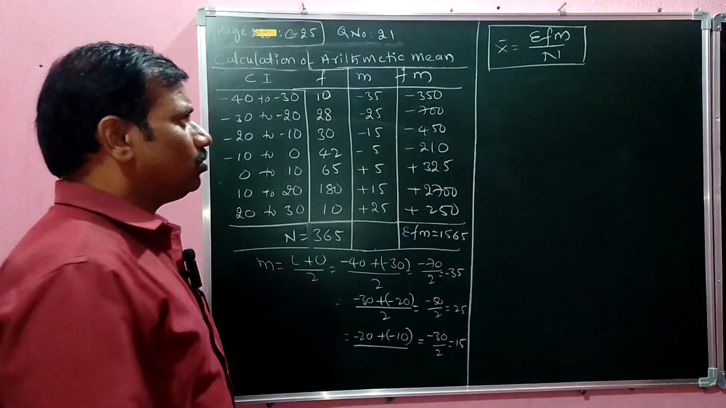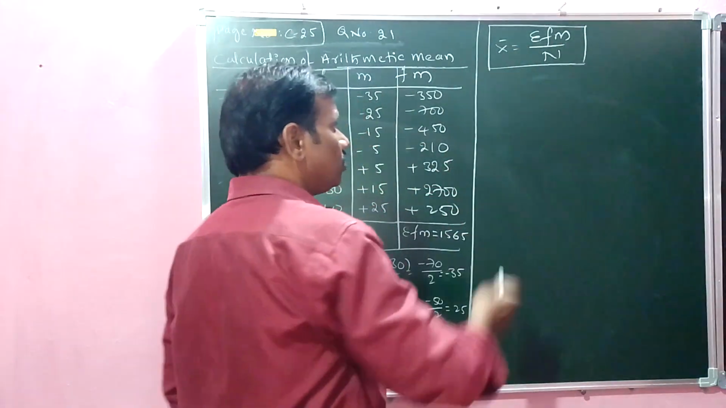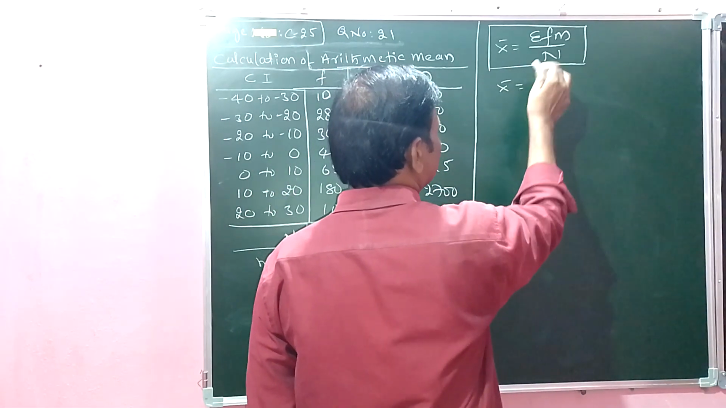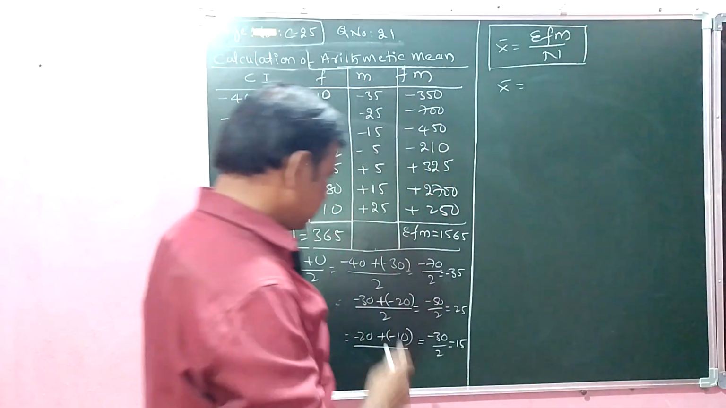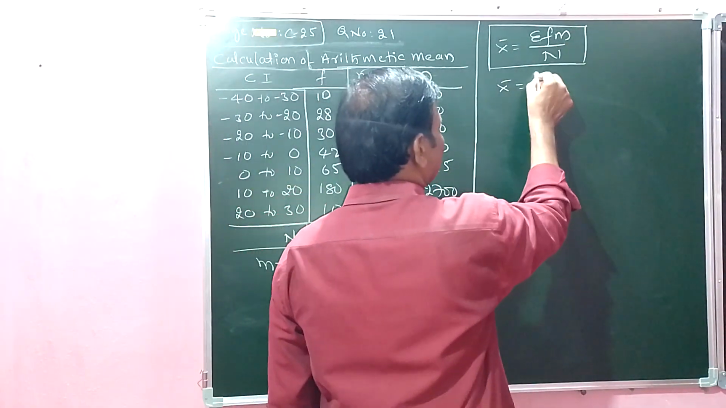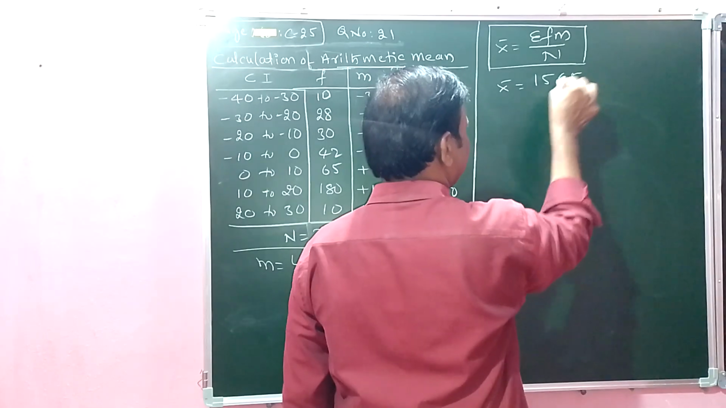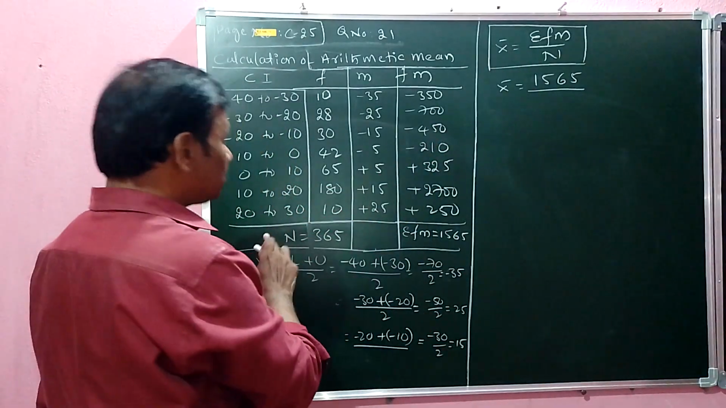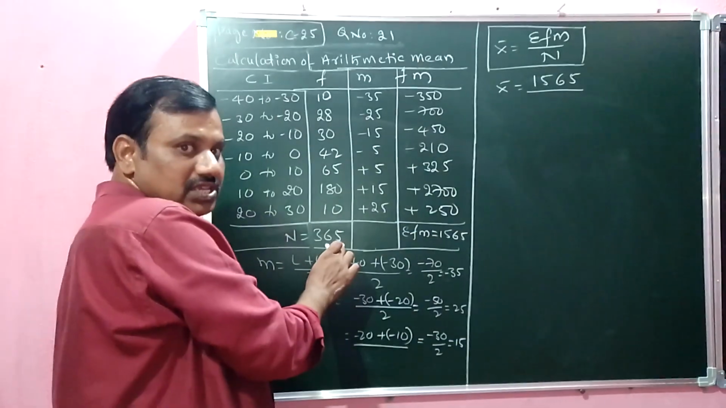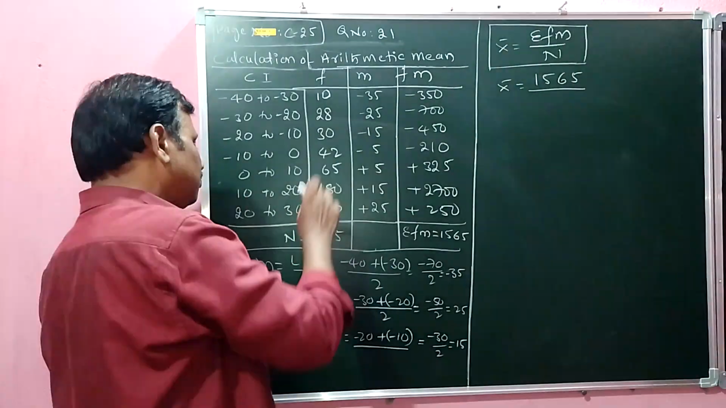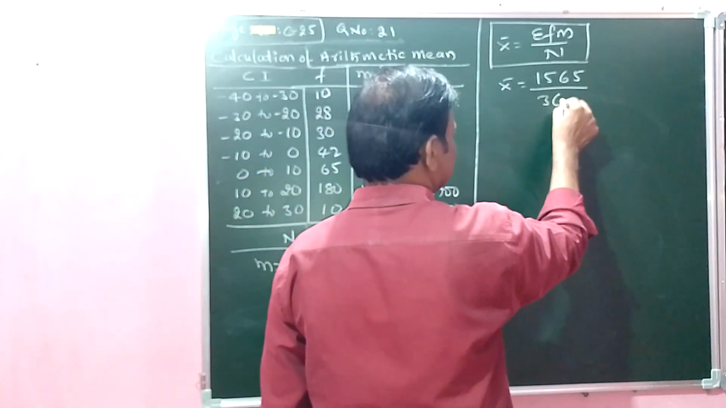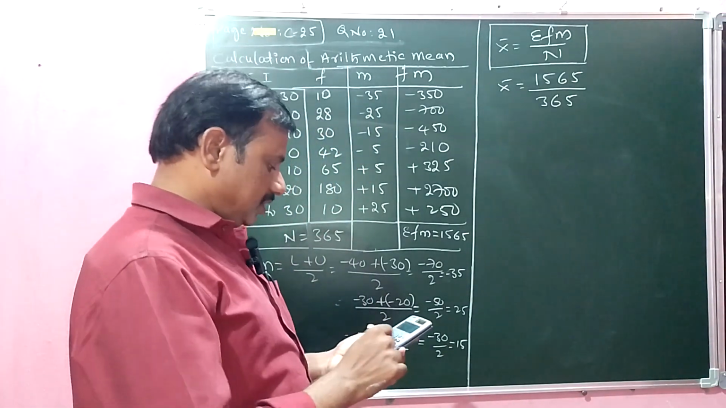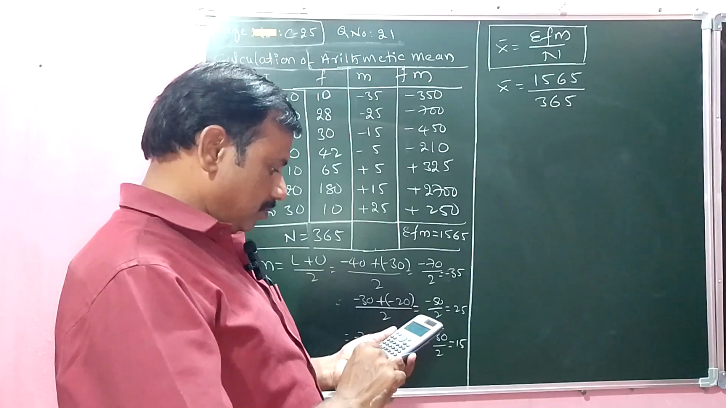So find out x bar value. So x bar means arithmetic mean. So x bar equal to sigma fm by n. So sigma fm value is 1565 divided by n. So here n value is how much? Total of frequency is called n. So the total of frequency is 365, right? So let us calculate 1565 divided by